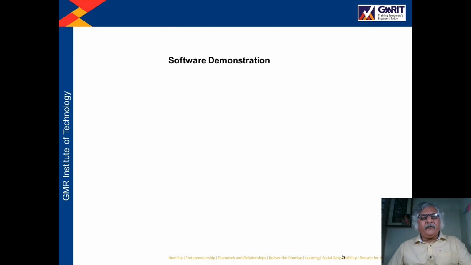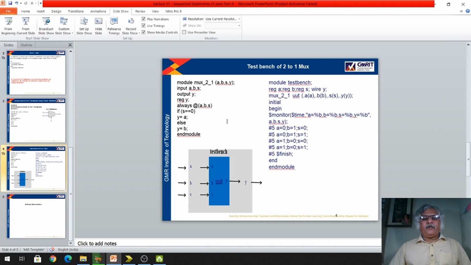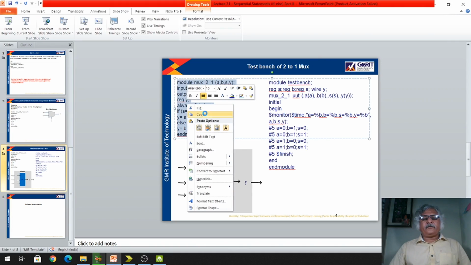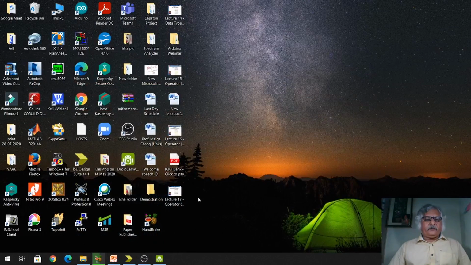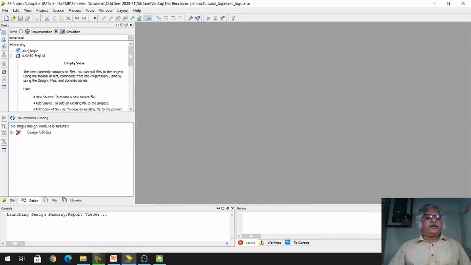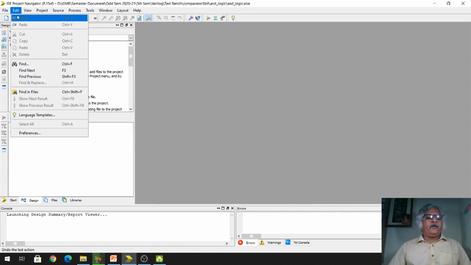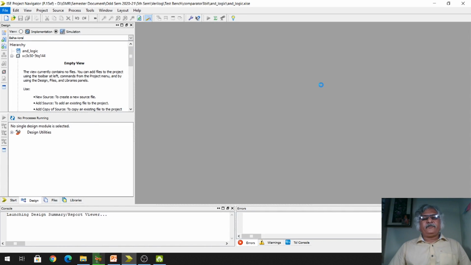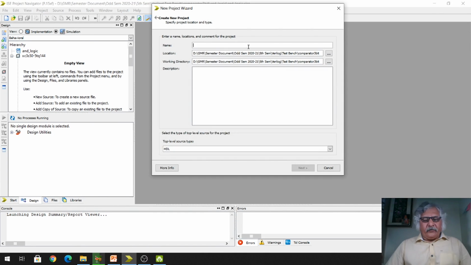Okay, now I will demonstrate this. For the mux code I will copy this code first. Right. So this is the software I have already opened. Now I will start a new project. I will give the name to this project as mux.